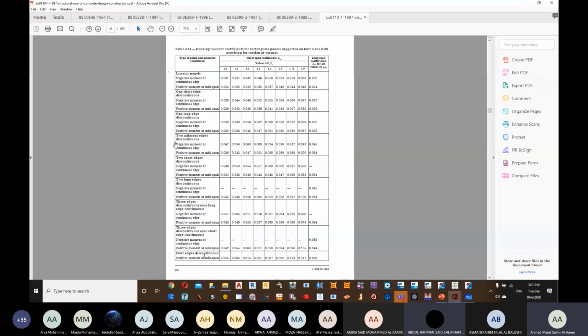Okay, so will this table come in the exam? Your BS code will be with you in there. By the way, all the BS code will be available with you. You don't need to memorize any. Now, if we return back to our presentation,